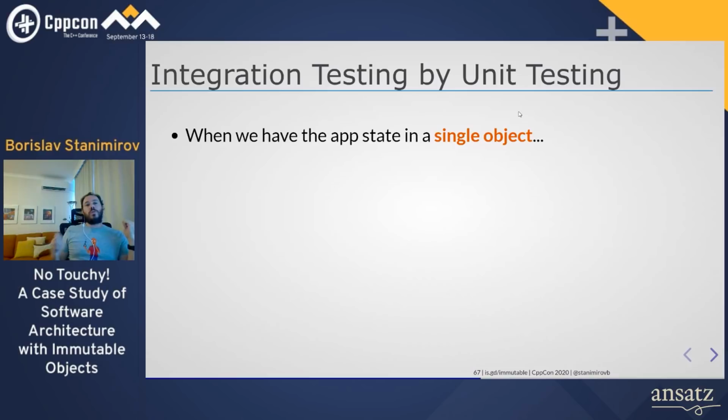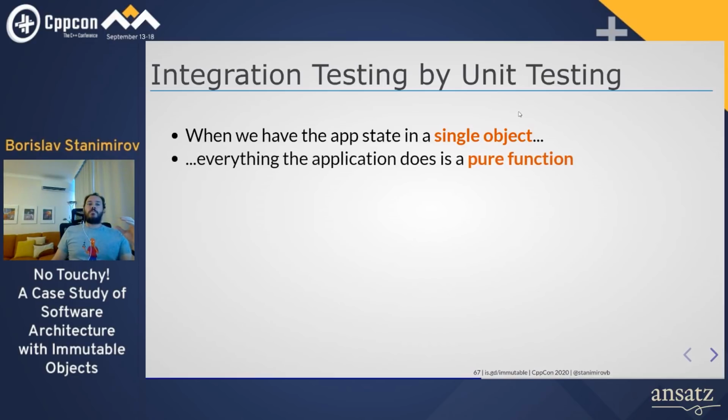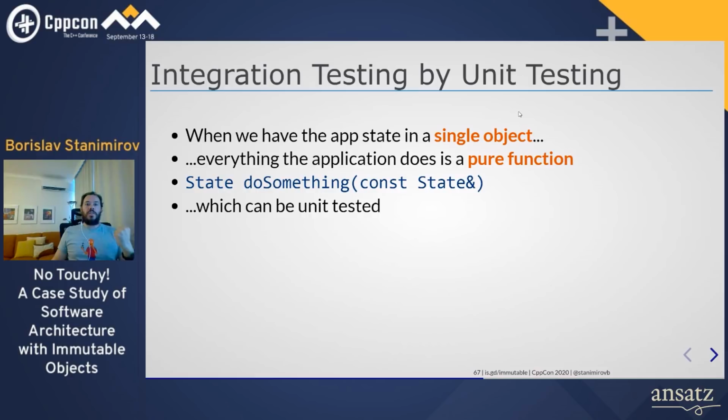And how can I express myself more clearly here? The thing is that if the application state is in a single object, then everything the application does can be expressed as a pure function. And like this one, pure function, do something with the state and return the new version of the state. And pure functions, we know how to test. Pure functions are unit tested. You don't need complicated integration testing scripts. You don't need